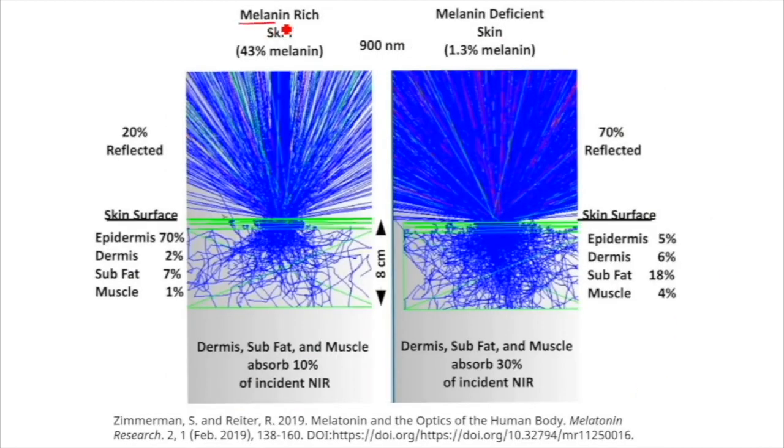Regardless of whether or not the skin is melanin rich or not, you can see here that this infrared light was able to penetrate down up to 8 centimeters into the skin. Some is reflected, but the point here is that infrared radiation can penetrate up to 8 centimeters according to some of their studies. And that is a significant amount in terms of depth and the amount of tissue that infrared